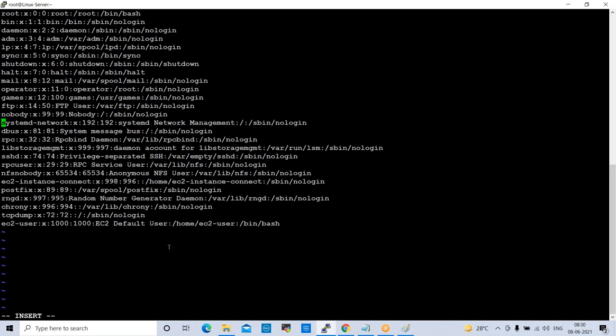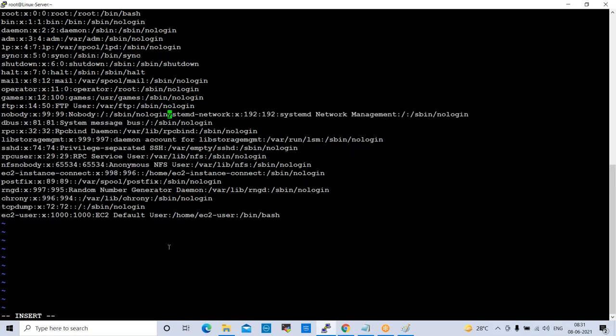And the next one is small a. Small a, what will happen? It will append after the next letter. We are in insert mode. Small a is also moving to insert mode, right?